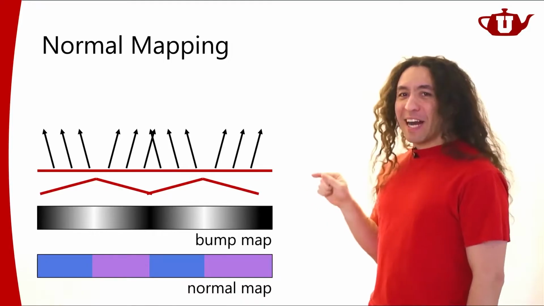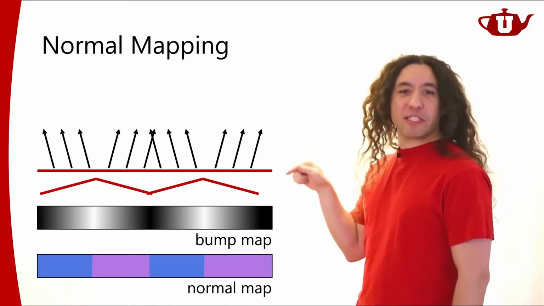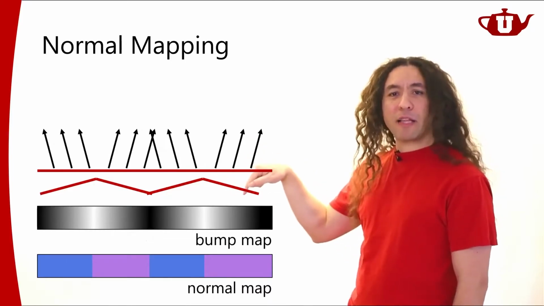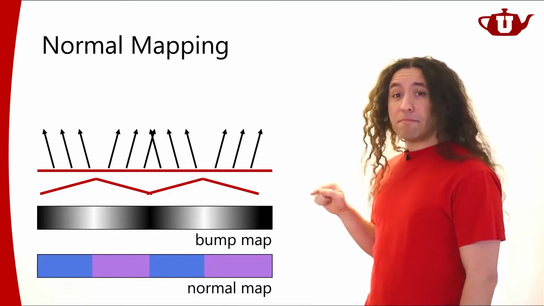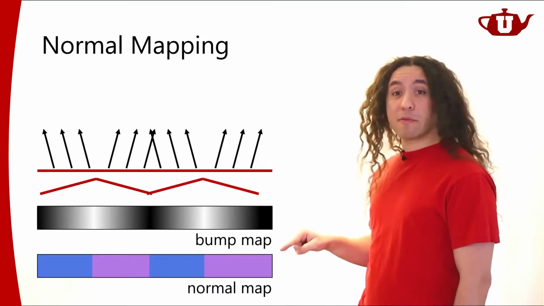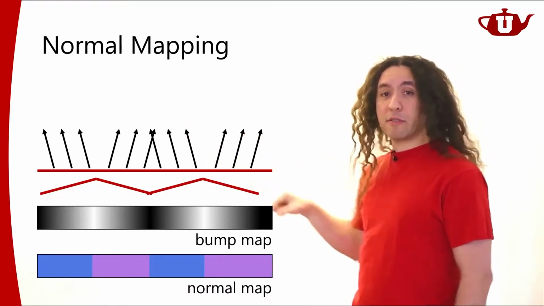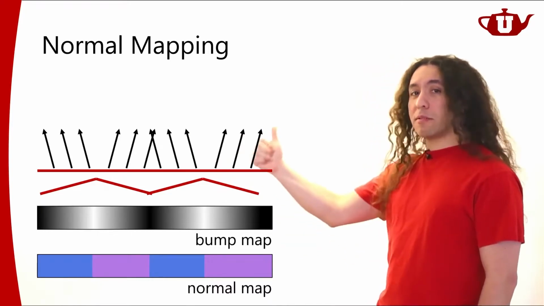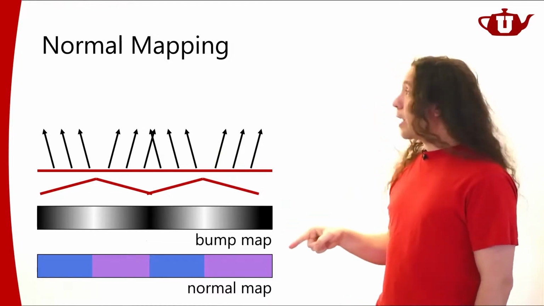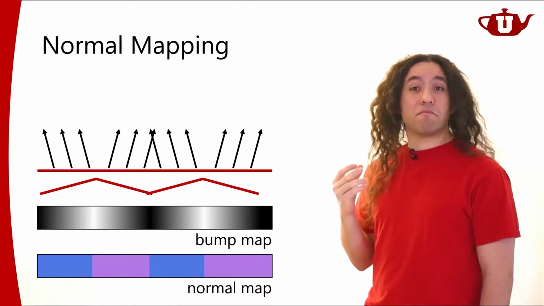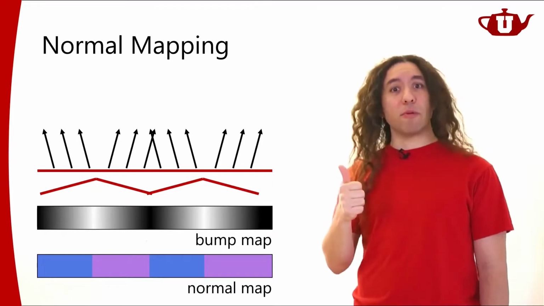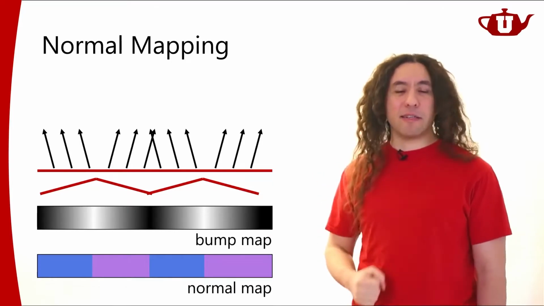So let's say that I define my normals based on some height map, just like bump map, but instead of perturbing the normals at runtime by looking at how the height value is changing in the bump map, I pre-compute them and record them. And so in this case, I have two types of normals, right? Normals in this direction, normals in that direction. So I have two colors. So one color represents normals in that direction, the other color represents normals in that direction. So based on these colors, I can tell exactly what this normal is supposed to be. So I can read any point on this normal map, and that normal map gives me the surface normal, right? It's a lot easier that way.